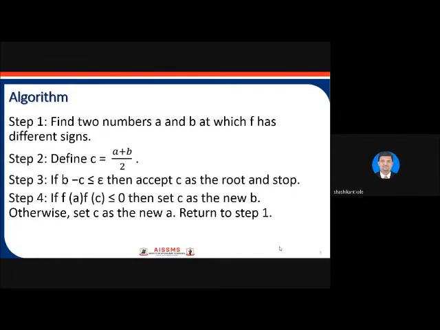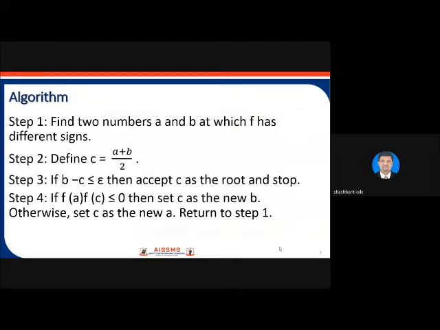The algorithm to solve this is: find two numbers a and b at which f has different signs. f is the given function, the equation for which we need to find the solution, which are the roots of the equation. At x we are considering the values a and b. a gives a negative value, and b gives a positive value. Likewise we have to consider values of a and b. Then define c